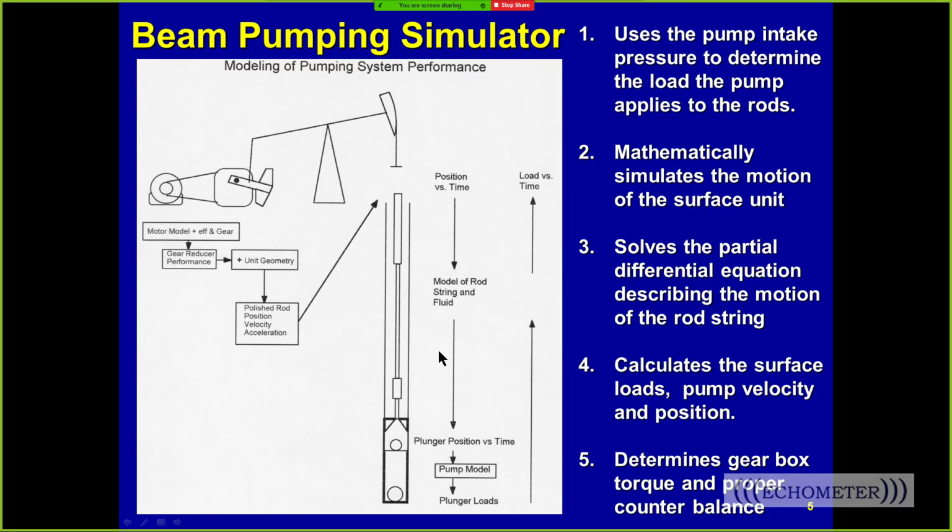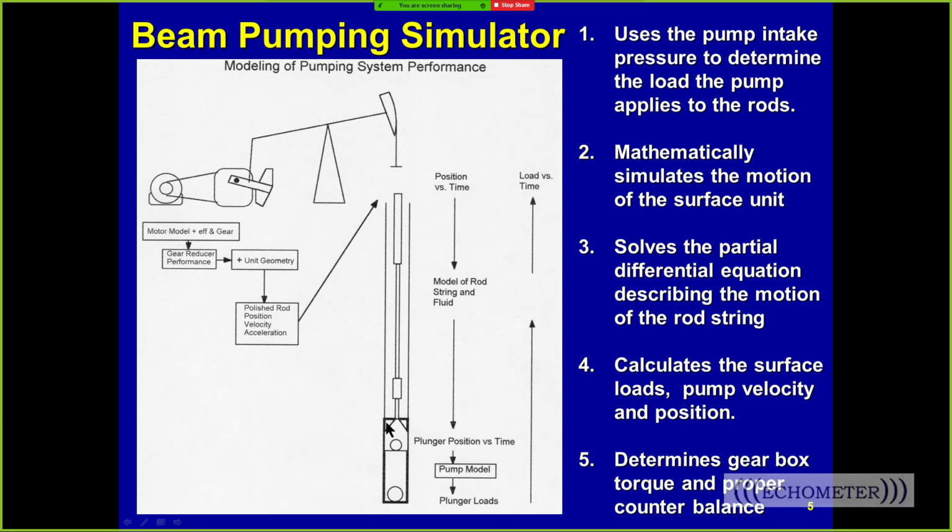So this is the beam pumping simulator that we're trying to show what QRod calculates. Based on the pump unit type, we specify the type: conventional, clockwise or counterclockwise Mark, or air balance pump unit, and that defines the kinematic motion of the pump unit. It's a generic motion, and we base that motion on the stroke length and the type of pump unit, and that inputs the motion at the surface. Then we input the type of rod string, and then the tubing fluid gradient, and we also put in the plunger diameter and the true vertical pump depth,